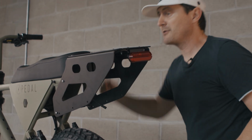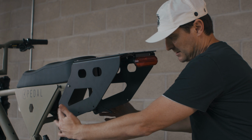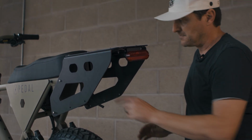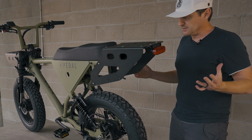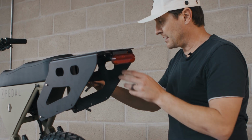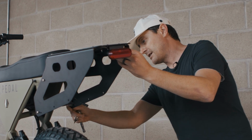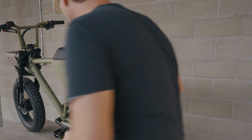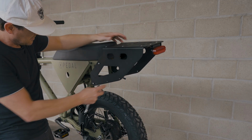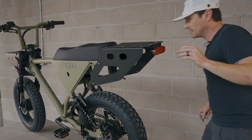If your bike doesn't have the extra threaded holes in the frame right here, you'll only be using the lower front slots and the hole in the back of the frame. Everything else is installed exactly the same way. So now that that one's tight, we can move on. Maybe just double check how things look as far as the spacing in the slot to the screw. You kind of want to make sure that's equal on both sides. So I'm just going to give that a peek, and